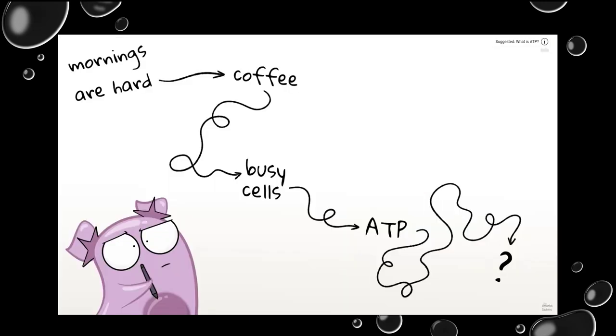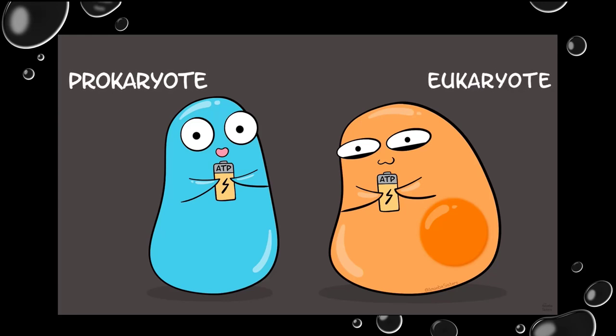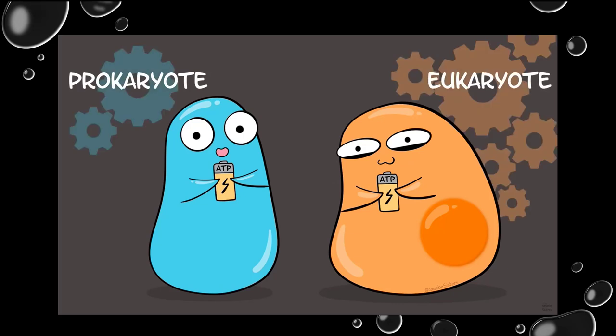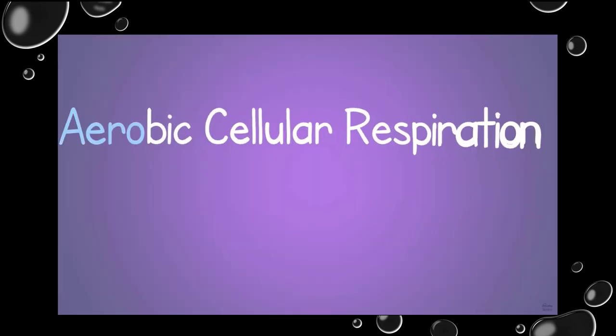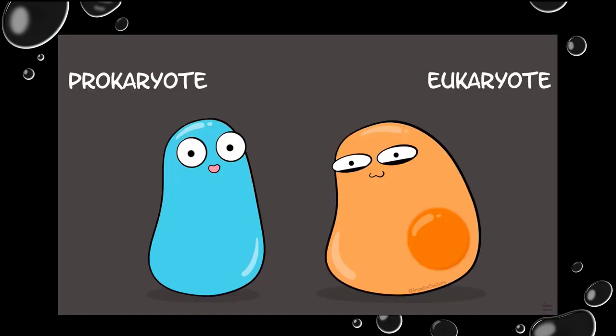So where am I going with this? Well, cells have to make this ATP. It doesn't really matter what kind of cell you are. Prokaryote or eukaryote, you have to make ATP. The process for making that ATP can be different, however, depending on that type of cell. One way is called aerobic cellular respiration. Lots of organisms can do aerobic cellular respiration, but this video is specifically going to go into aerobic cellular respiration